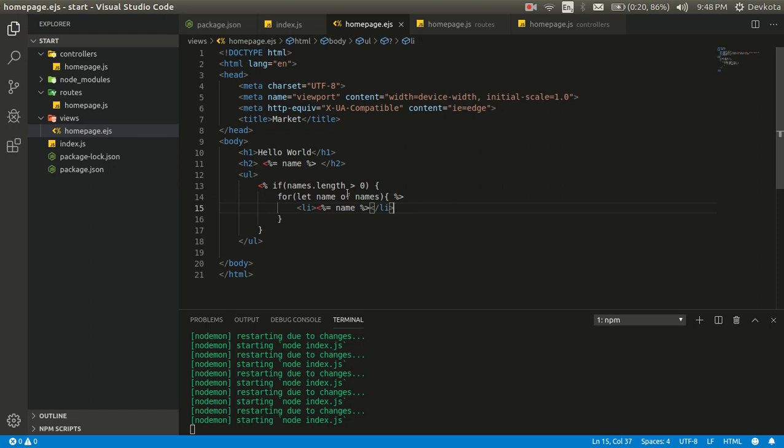So every name in that names array will be printed here,